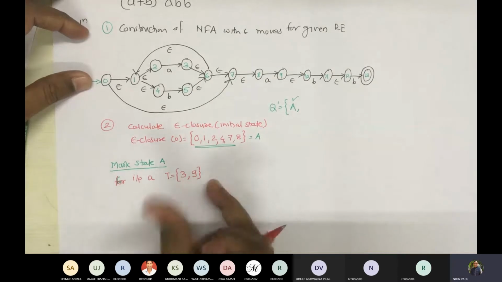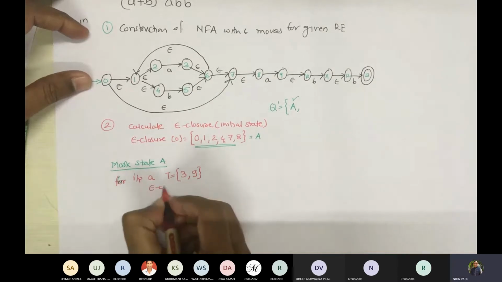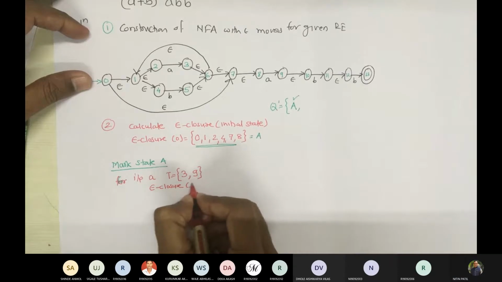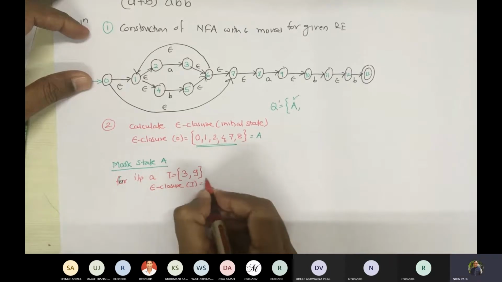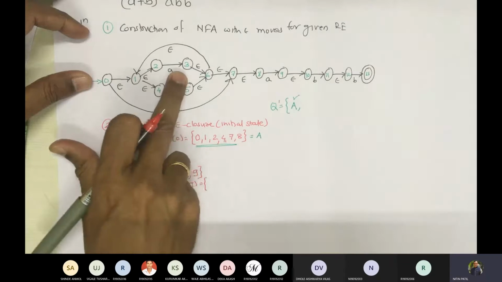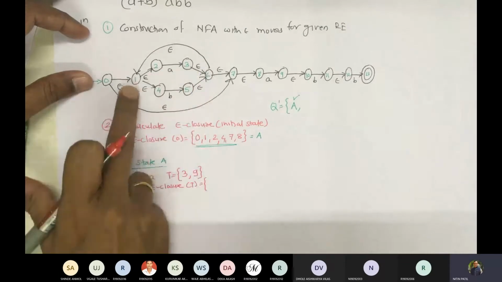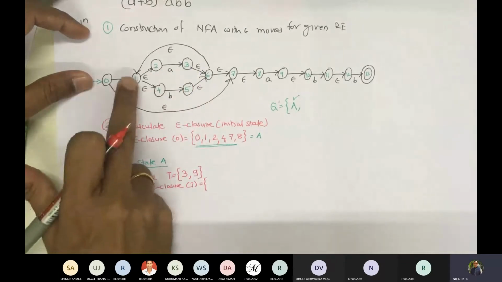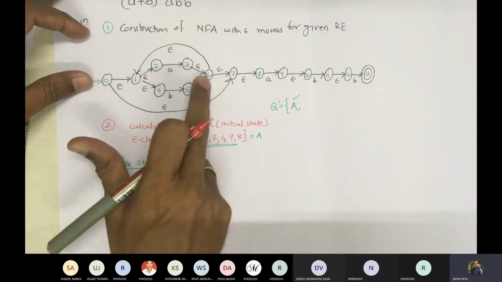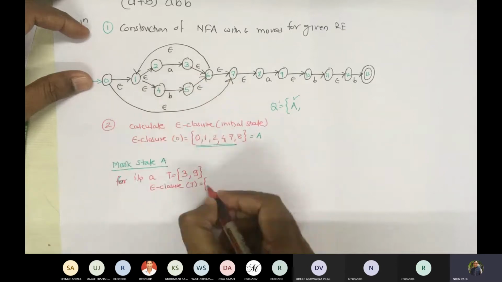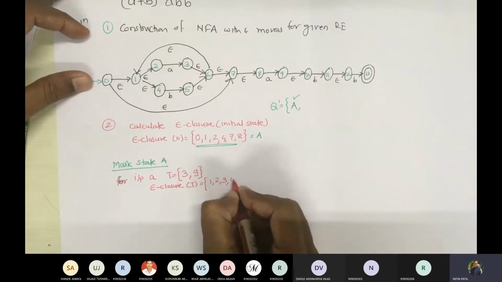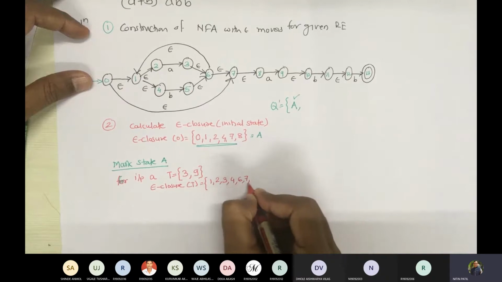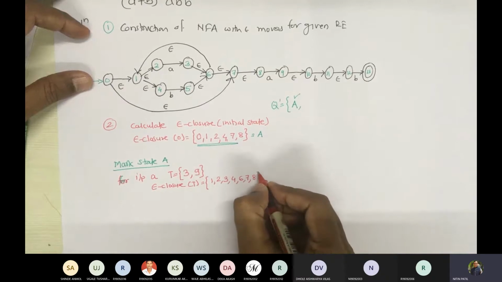Now when you got this T, compute the epsilon closure. What is the epsilon closure of 3? 3, 6, then you go back to 1, 2, 4. So I will order this: 1, 2, 3, 4, 6, 7, and 8. Fine.